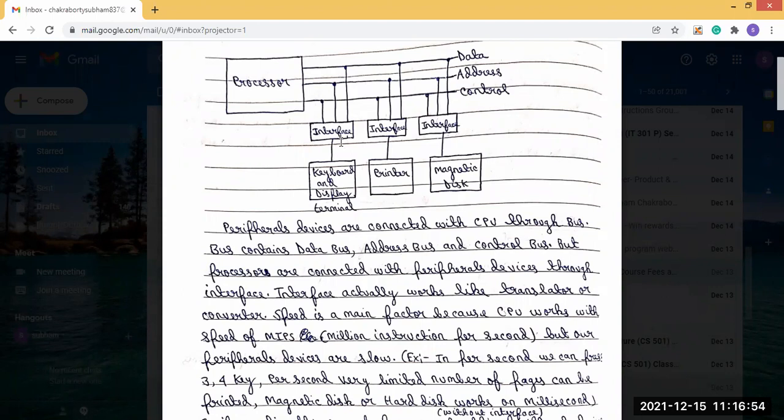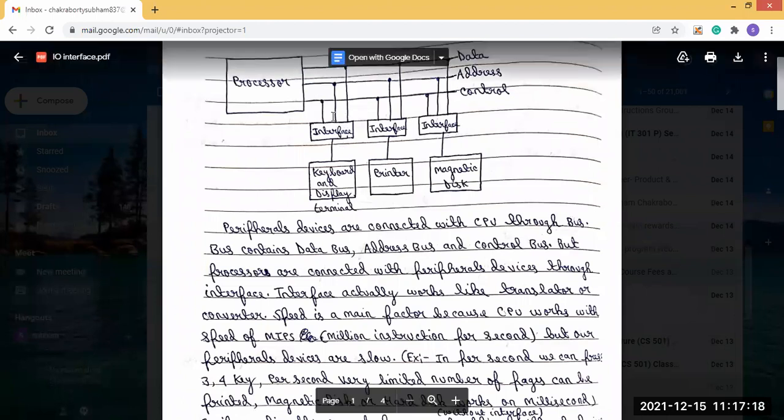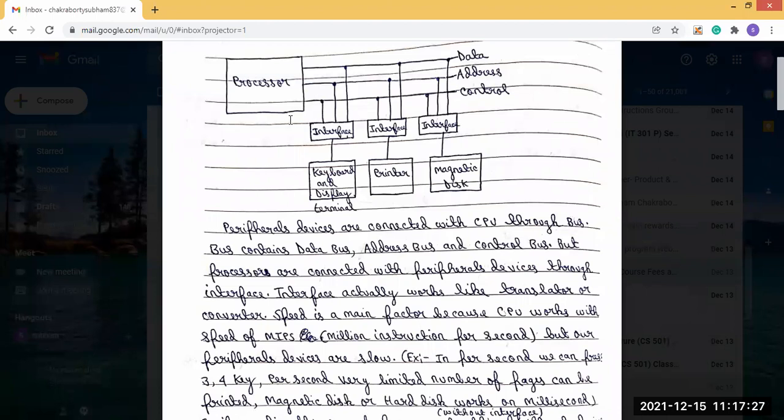But when it sends the data to the processor, it sends the data parallelly. When it collects the data, it works at the input output device's speed, collecting serially so that the speed matches the input output device. But when it sends the data, it sends all the data parallelly in one go. Because processor speed is high, to match it the interface sends the data at high speed, that is, parallelly.